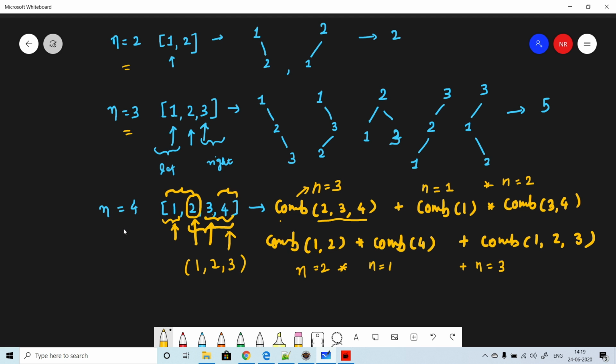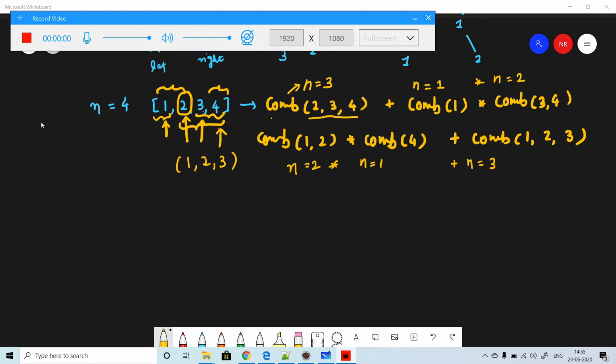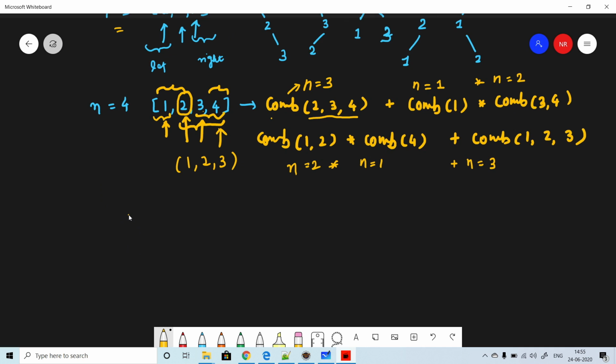So what we are ultimately doing is, when you have n is equal to 4, we are first giving each number a chance to be a root, and we are seeing what all combinations can be made with that. The equation we can make is, let's say we have the initial state is equal to 1, and then we will give each number a chance to be the root. Initially for 0 and 1 we have already calculated, so we always start from the second index, so we'll go from i is equal to 2 till n.